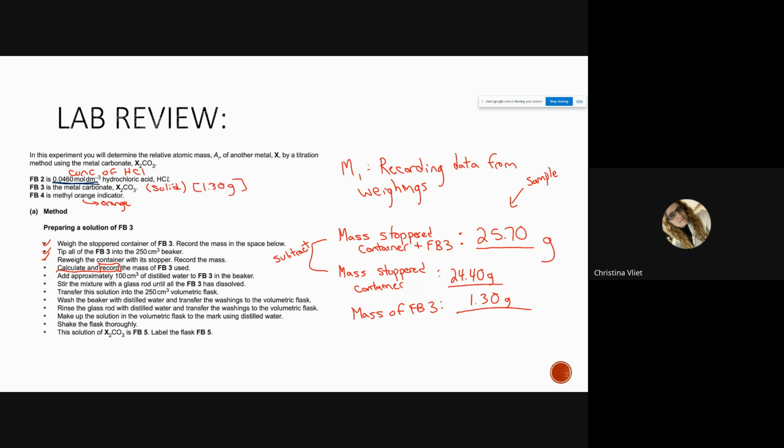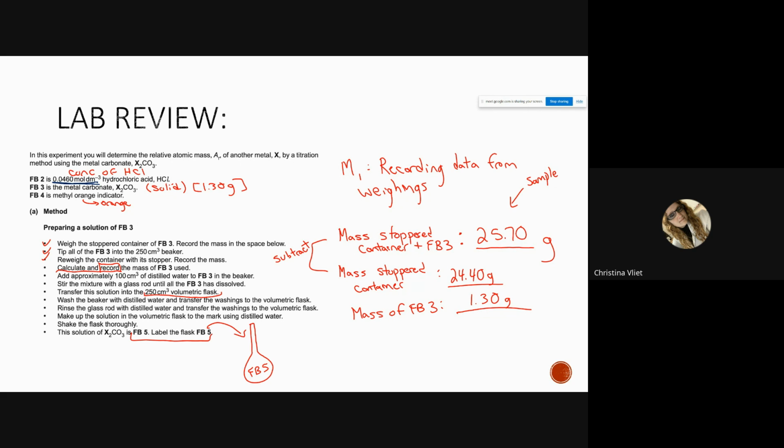That's where we're at so far. We know that we have 1.30 grams of that metal carbonate. Then we made the solution, we stirred the solution, we put that into a 250 centimeter cubed flask, and we label it FB5. What does a volumetric flask look like? You remember? It's the skinny one that looks like this. So if you need to label a solution, it's going to be the volumetric flask,